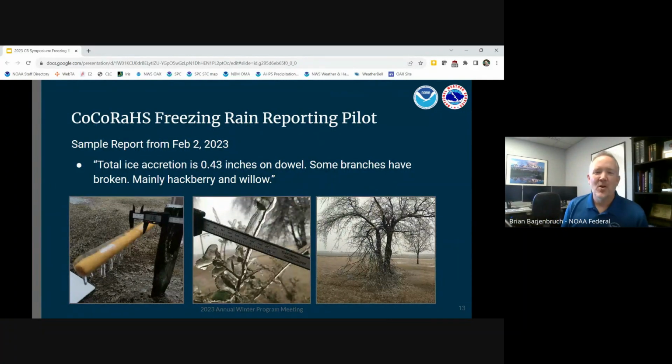All right. Something you all need to know about is the CoCoRaHS freezing rain reporting pilot. They have started doing this in CoCoRaHS and have gotten quite a few observations where they've got people set up with dowels out there across our great country. And then they give the opportunity to submit photos of those dowels. You can see a really good observation here, 1.16 inch thickness, which came out to 0.43 inches of total thickness once you removed the dowel out of there, and then